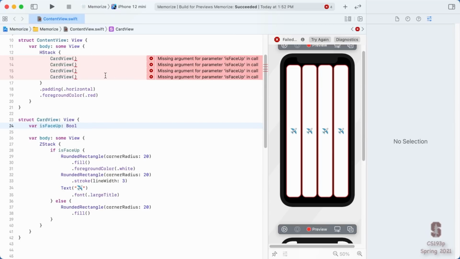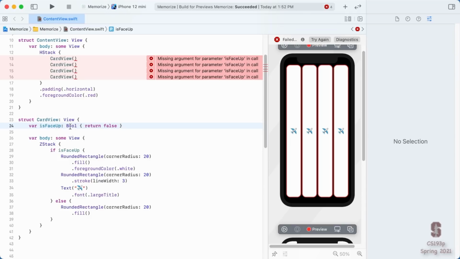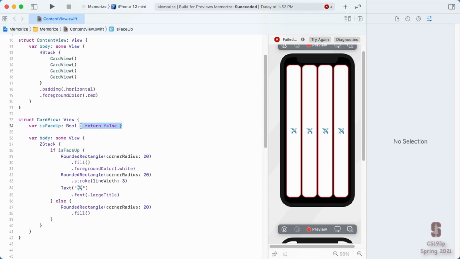This up here, I'm going to explain why this error is happening in a moment, but let's talk about how this thing can get a value. This is just a variable, so we could do the same thing we do here. Let's just put a little function here and have it return false. Is face up. The value of this variable is now going to be calculated by executing this function. This function returns false. So when we go back here and try again to build.